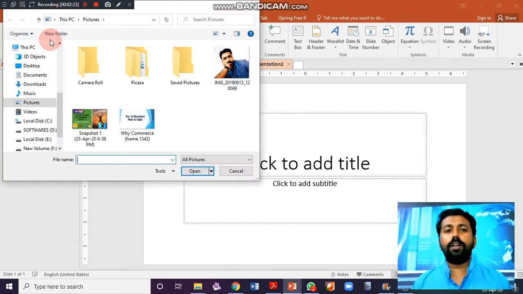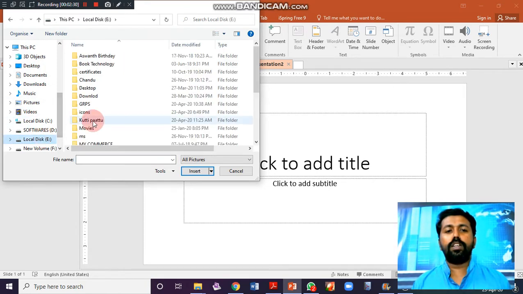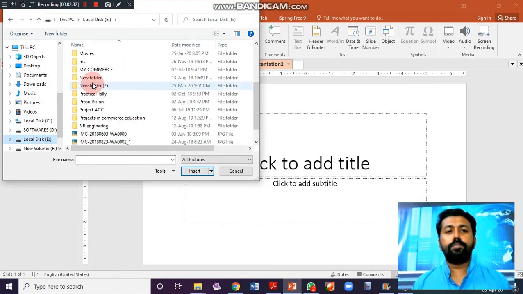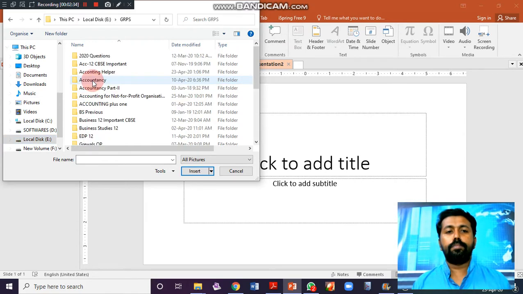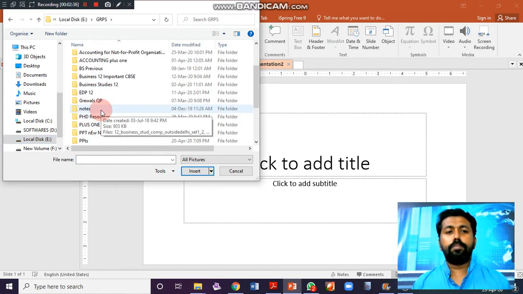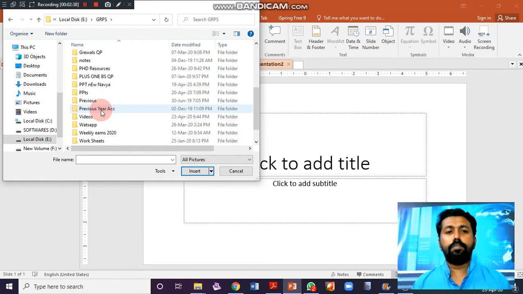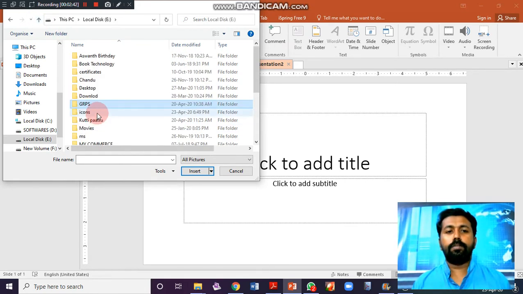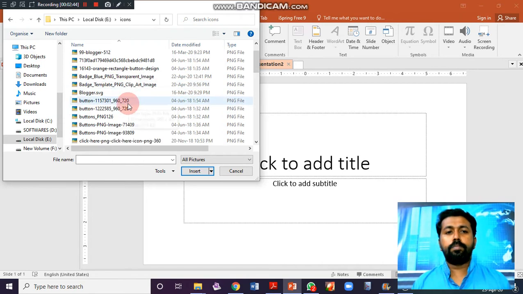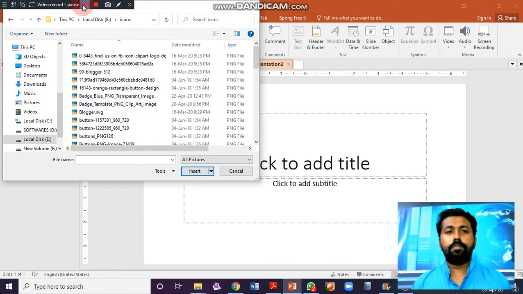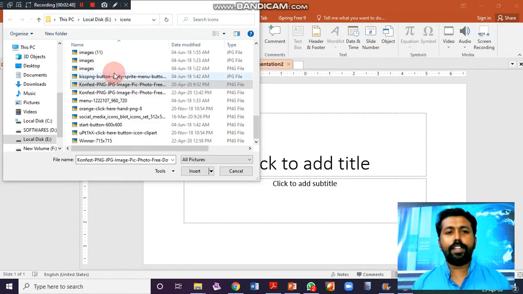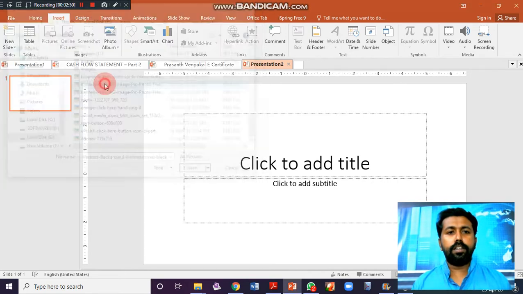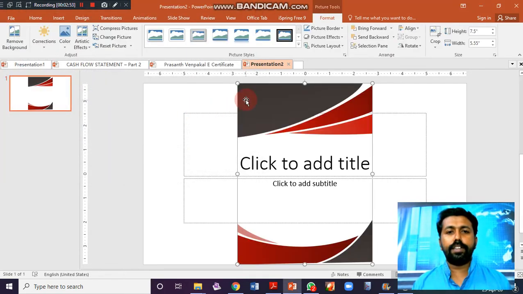Just go through the insert menu. You can find the place where the file is stored. So I am selecting one file for the background as a template.